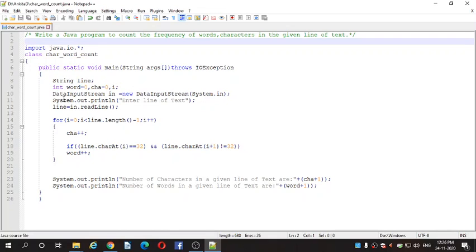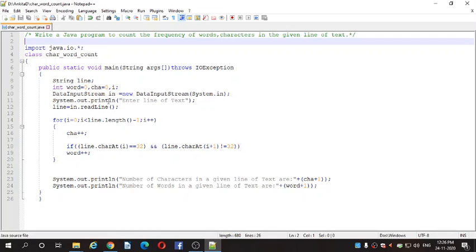Then comes DataInputStream in equal to new DataInputStream which has the argument System.in. This DataInputStream is the class imported from this IO package. This class allows us to read the input from the console.